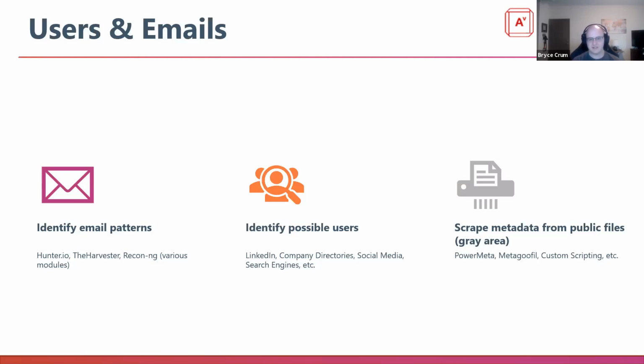Identify possible users. At this phase, this is where you're going to be enumerating who works there. That's basically the goal you're going after: pulling as many names as you can, past or present, and putting them into a list to then be transformed based on the patterns identified during the previous stage.